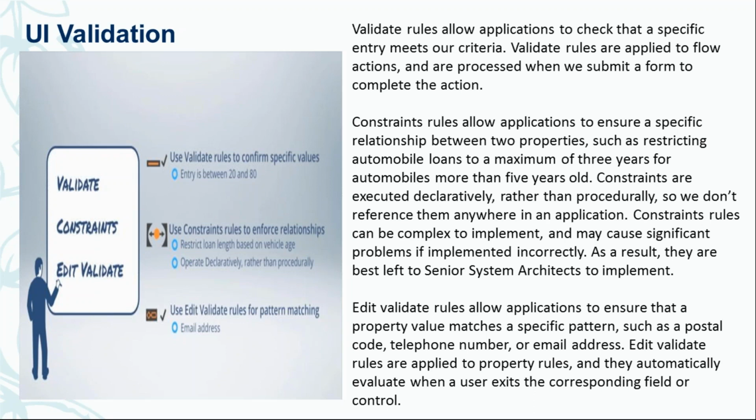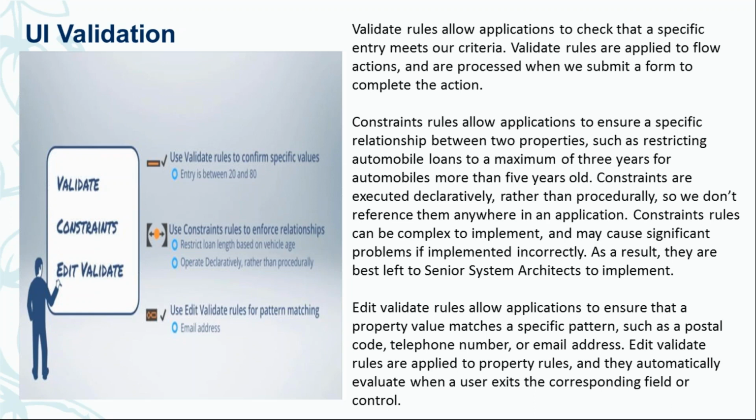And finally, your edit validate. The edit validate rule we define with the property itself. For example, with a property like email, the email should have a particular pattern. Before the at sign, there should be at least one word, and after the at sign, there should be a dot, with some characters before the dot and some characters after the dot. So there are different patterns associated with email verification, and we can get that from the edit validate rule.